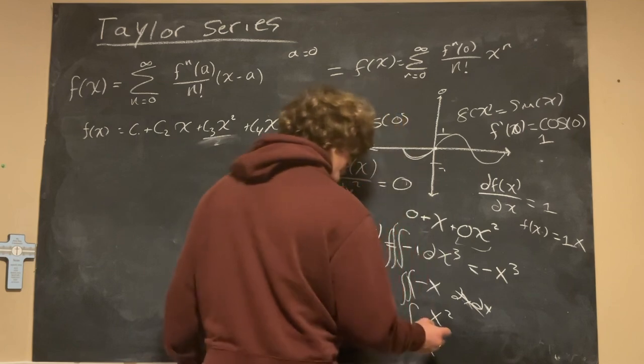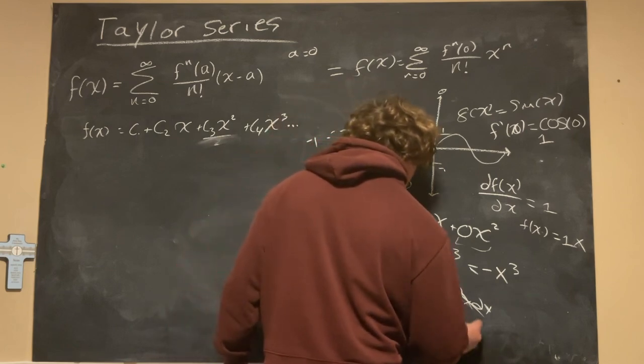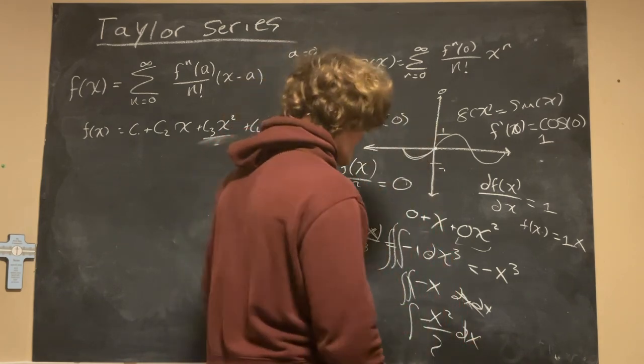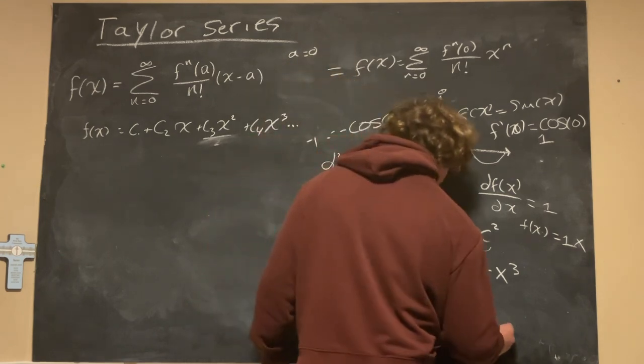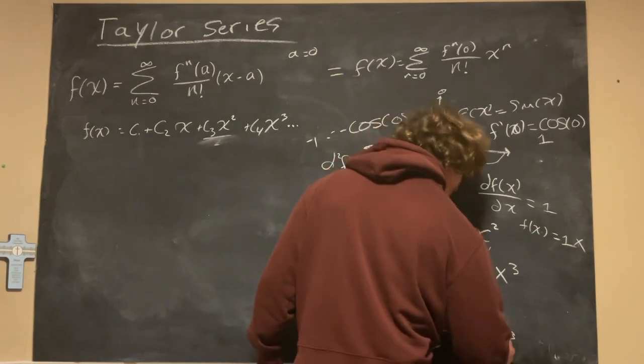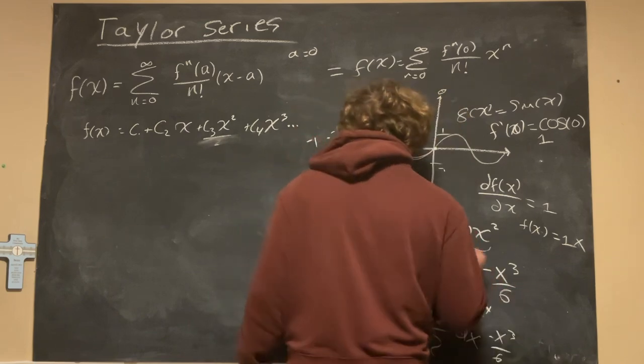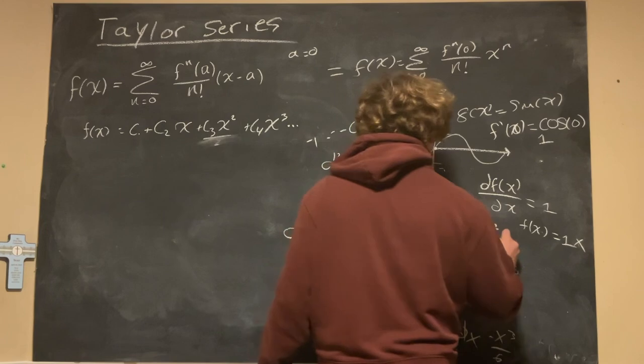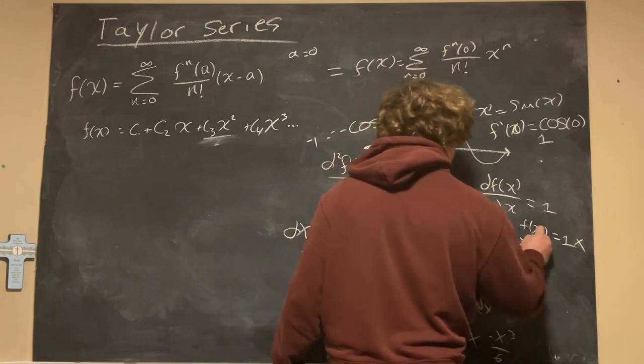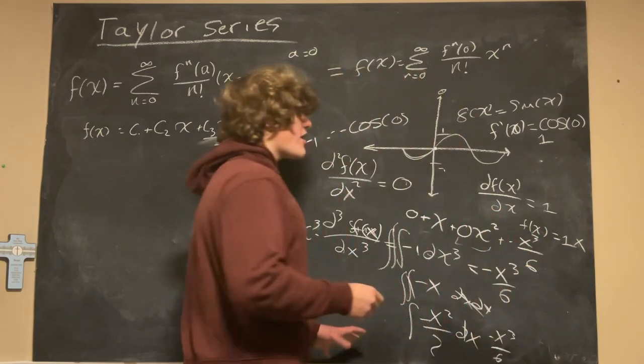So then we have the integral of -x squared over 2 with respect to x. And when you integrate this, you just get -x cubed divided by 6. So this would be over 6. So now we are going to add a -x cubed divided by 6, and we are going to keep on